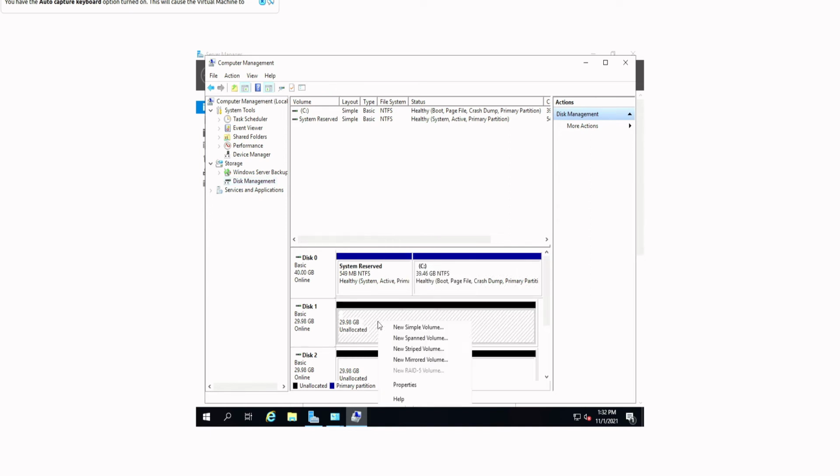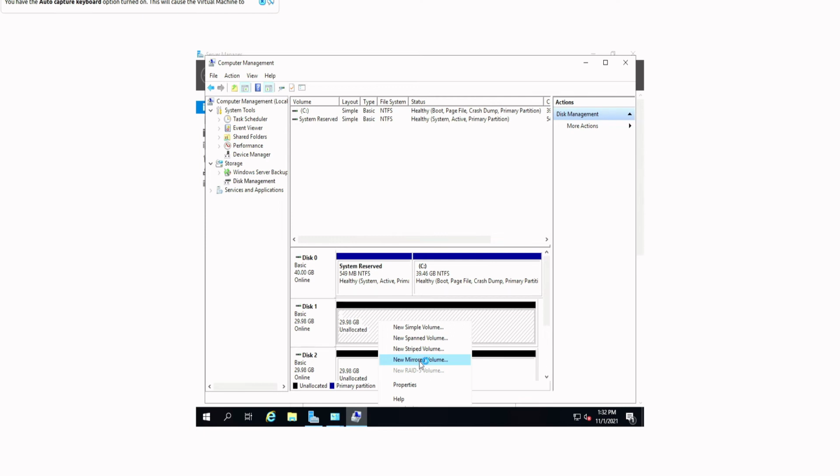Alright, now we have to format the disks. So what we want to do is do a simple mirrored or simple striped. And so this is simple volume. This is the spanned volume, so it's a type of RAID. And then striped volume, which is a RAID as well. But what we will do is do mirrored volume. Now for your case scenario, you would use the RAID configuration that is most suitable for your server and your